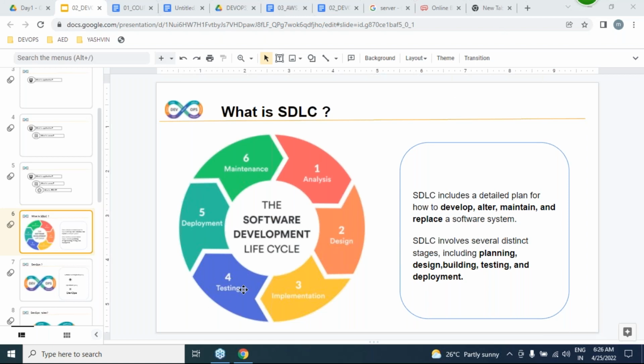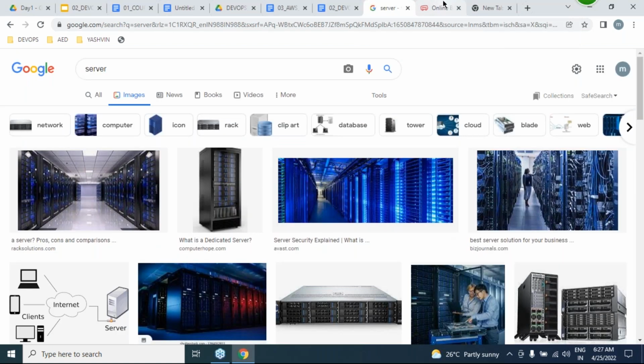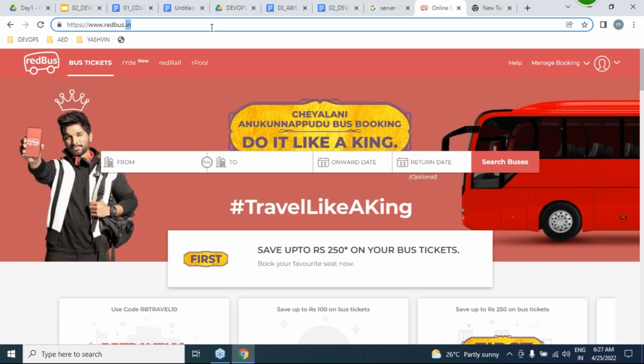If there are no bugs and no errors, we are going to deploy it on the production server. After successfully placing it on the production server, it can be accessed over the internet as a website.